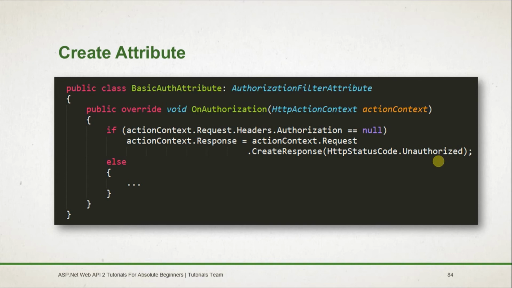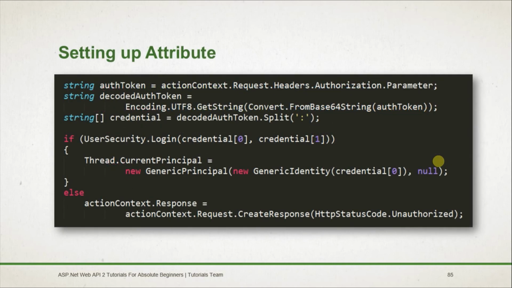First of all, we need to create one class that extends from the authorization filter attribute, and we need to override the authorization method of it. Within that, we need to check whether the authorization header is present in the request or not. If it is not present, then the user is unauthorized. If it is present, then we need to retrieve the token and decode it. And we need to check whether the given credentials are valid or not. If valid, then we need to store it in the current principal of the thread. Otherwise, we need to send